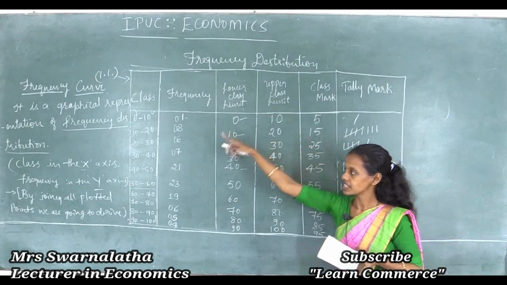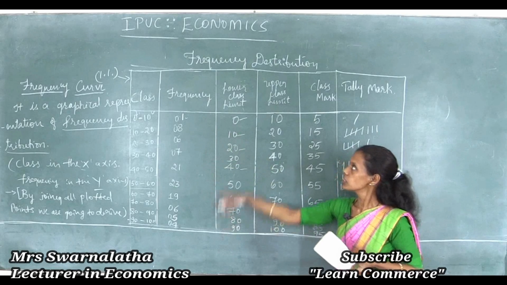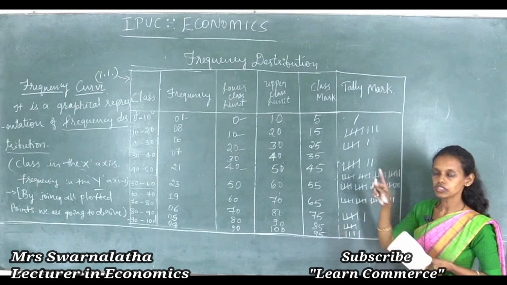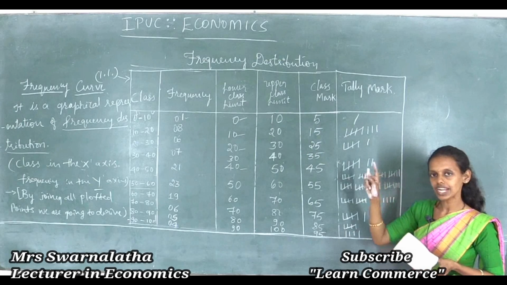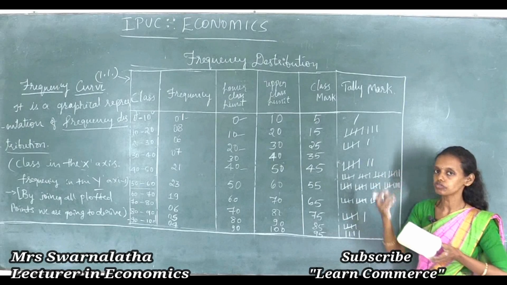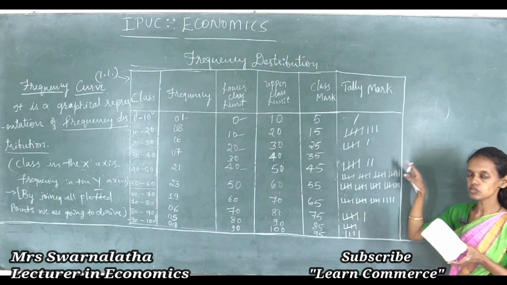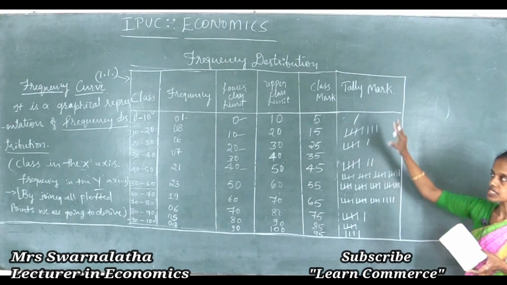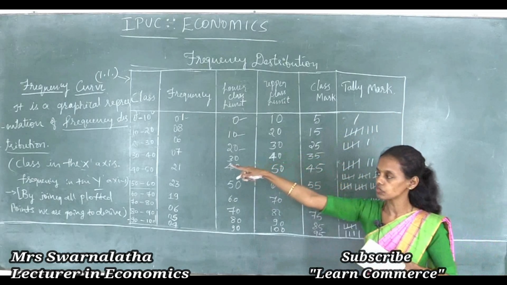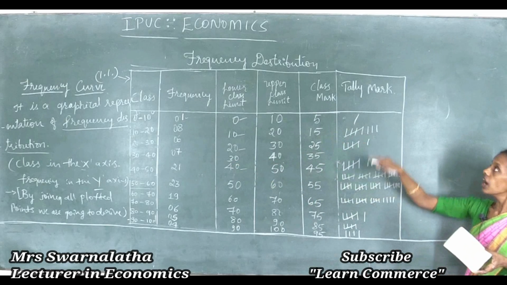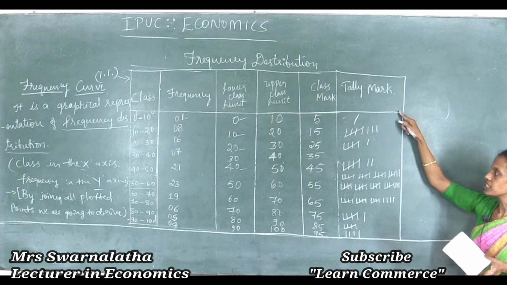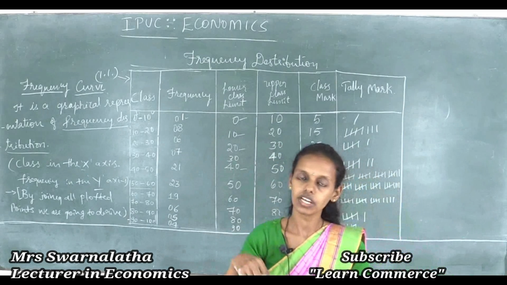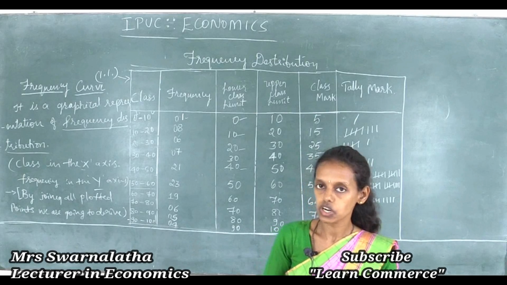As I said, classes are given, frequency is given. So you are going to find the lower class limit, upper class limit and class mark. After that you have to draw the smooth freehand curve, that is the frequency curve, with the help of the graph. Then we get a smooth freehand curve along with the OX and OY axes. So the graphical representation of a frequency distribution is called the frequency curve. Next, tally marking: first you do the tally marking and next you write the frequencies, according to the observations given in the raw data.